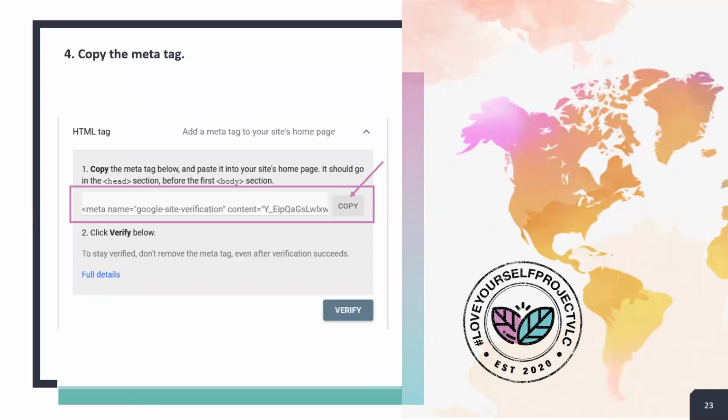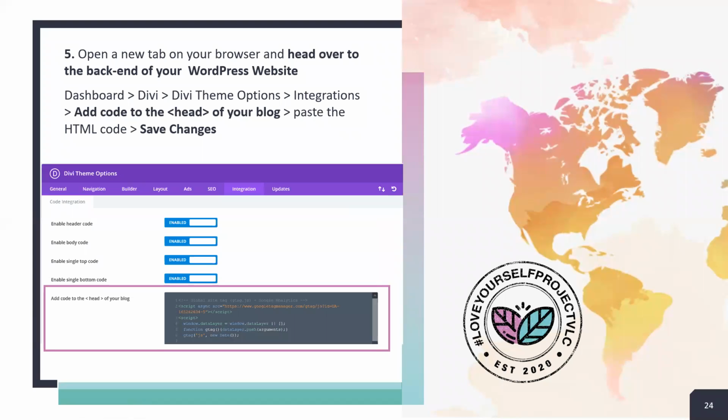Once expanded, you're going to come to another screen that looks like this, where it has a series of codes and some words. Just simply hit copy and don't hit verify yet because that's a step further down the road. So just click on copy. And now you're going to have to open another tab on your browser to get back to the back end of your WordPress website. Once there, you'll be in Dashboard. Head over to Divi. Look for Divi theme options,